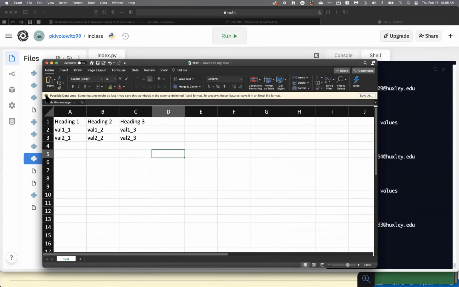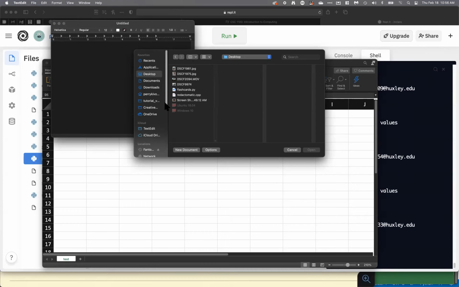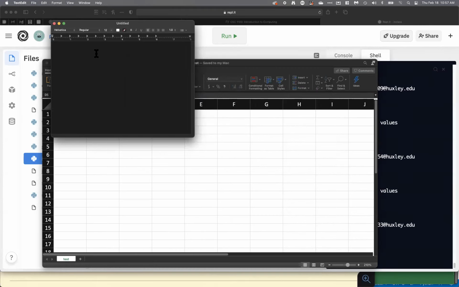And now I will, let's say, text edit and load. I don't remember where I put it. Desktop? I forgot where I put it. Downloads, maybe? Yeah. Okay, let me, it was in the Perry Kowalowicz.